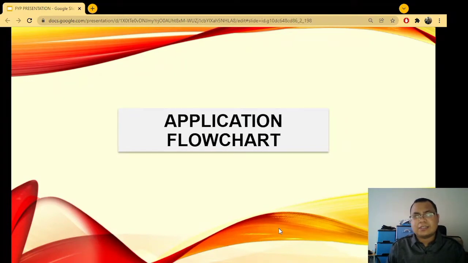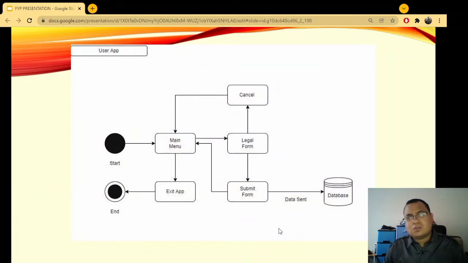It is decided that the software be split into two parts, the user app and the admin app, so as to keep the admin features and the user features separate. So for the user app, it has only one purpose, that is to give the user access to the form and send the completed inputs to the database.